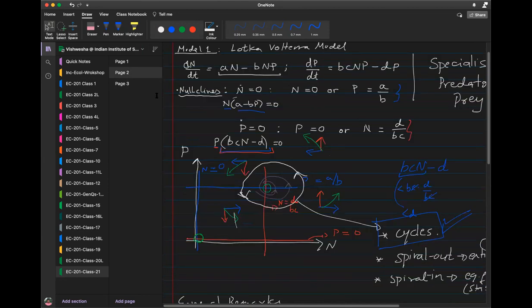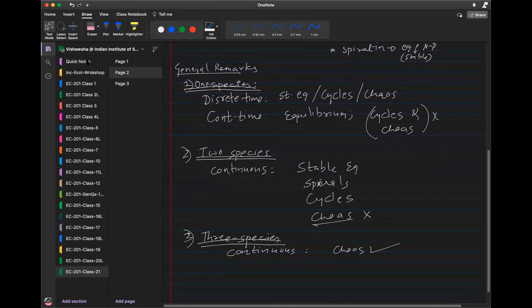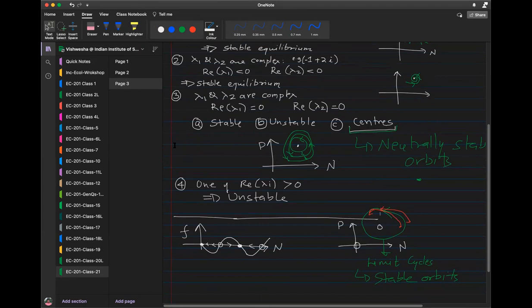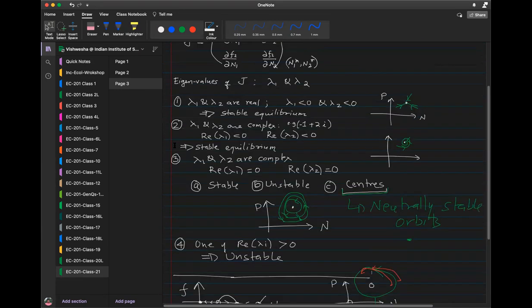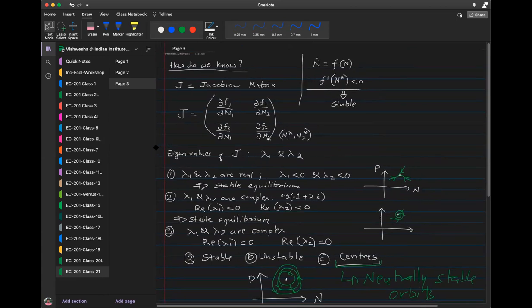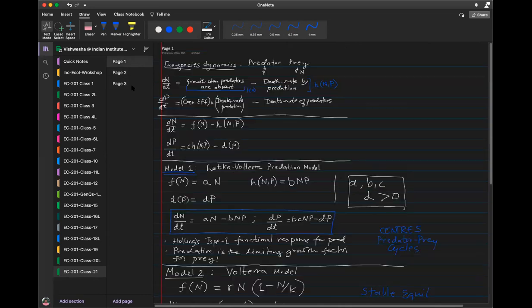Is Friday a holiday, by the way? It depends on the moon. We don't know, right? Okay. As of now it is listed as a holiday. So if it's a holiday, there will be no class. Unless the registrar or IAC sends a notification changing the holiday, I'm going to assume it's a holiday. As of now, IAC's calendar says it is a holiday, right? So tentatively there is no class, there's no lab on Friday. We'll meet next Wednesday, unless the holiday plan changes.